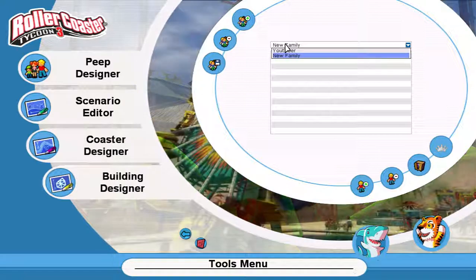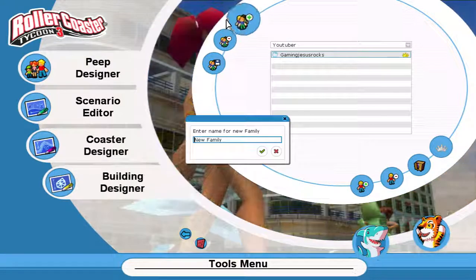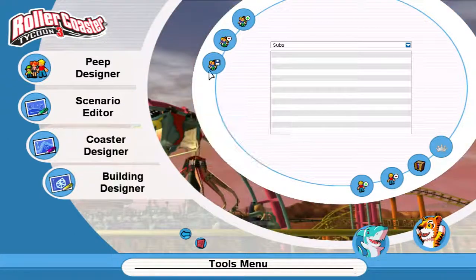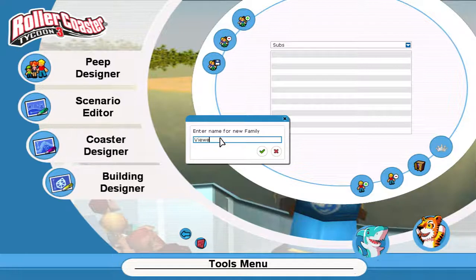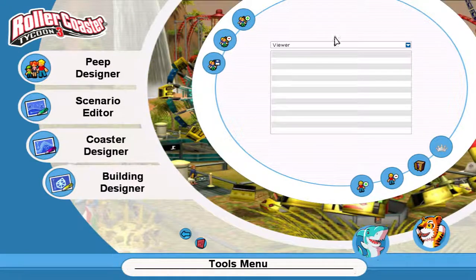Actually, let's call this, hold on. Let's remove, yeah, I'm going to delete this, and then we're going to create our subfamily, or subs, okay? And then we're going to save those details. Then we're going to add the viewer, okay? Then we're going to save that details, and those are going to be our